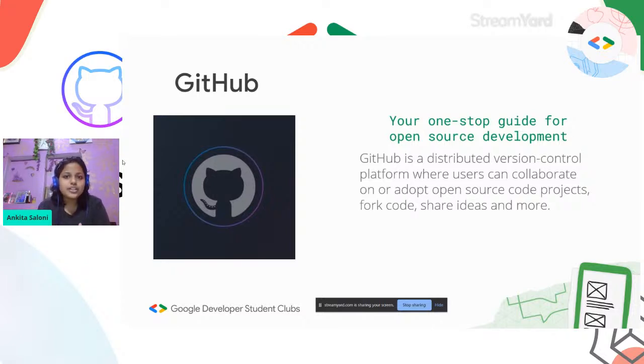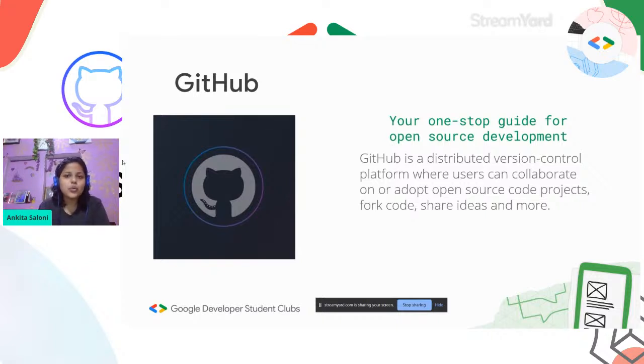First of all, the repositories that you create are of two types. One is public and the other one is private. In the public one, anyone can see what you are doing, what you are creating, whatever changes you have done, what's the progress of your project, everything. It's basically all open. In the private one, only you can see, or the collaborators that you've added, what you are working upon, what the progress is, what tech stack you're using, what issues you're working on, things like that.